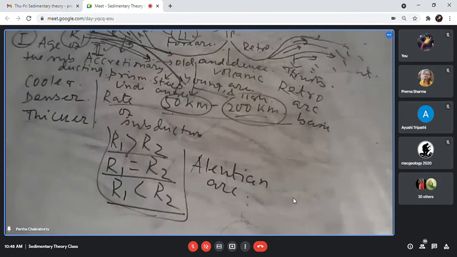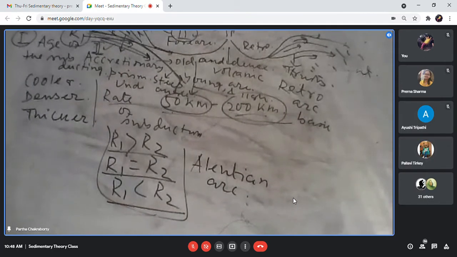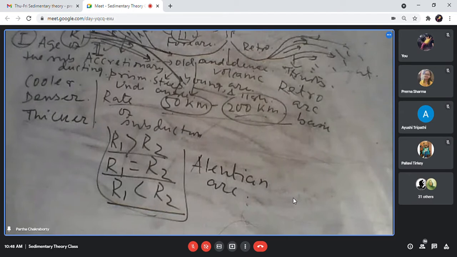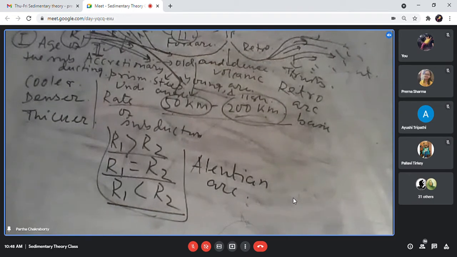Okay. So there are three different kinds of conditions that may arise. And there are a number of basins, because we are ultimately talking about sedimentation and tectonics. And there are a number of types of basins. Number one, the trench basin. Number two, the outer arc basin. Then I have written fore arc basin. I had written back arc basin, and also retro arc basins. So many types of basins that can open.